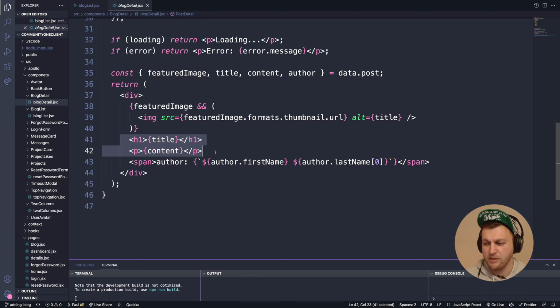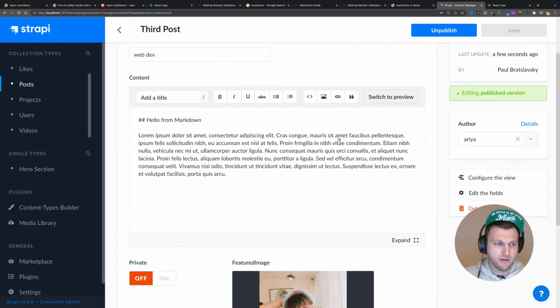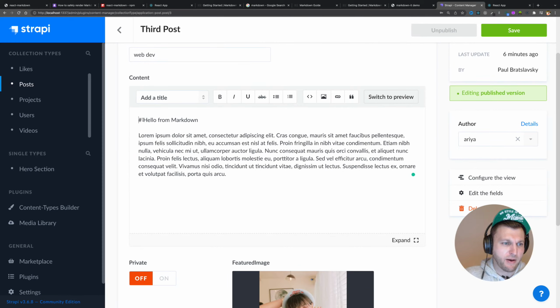Instead, I want to write my blog in Markdown and have it be parsed into JSX. So if we look here, for instance, "hello Markdown", if I want this, we'll talk about what Markdown is. I'm just going to give you some quick examples. So if I have this text in Markdown, one pound sign, I believe it's